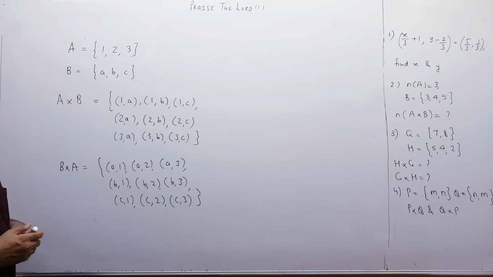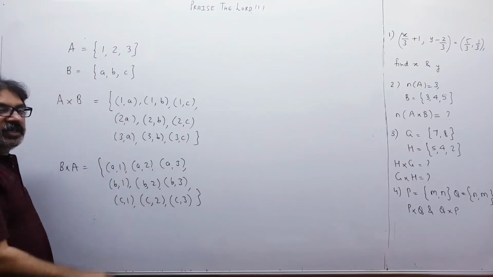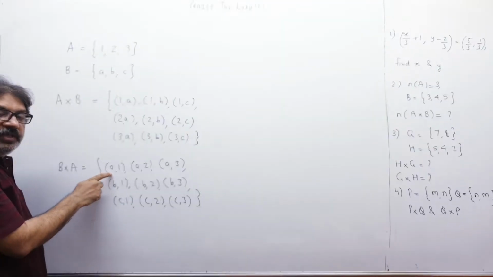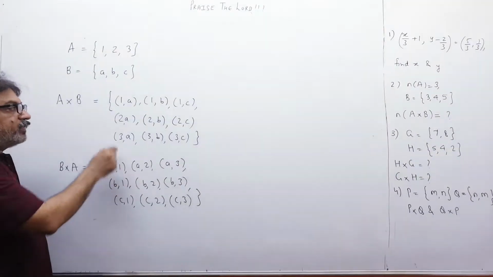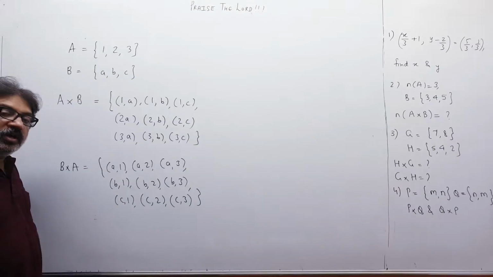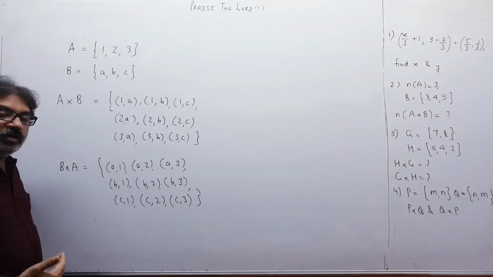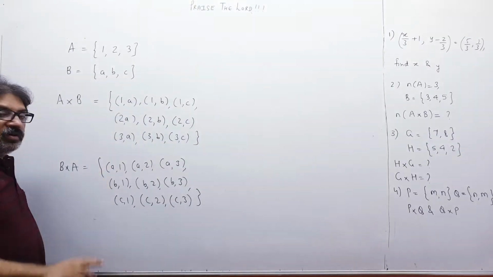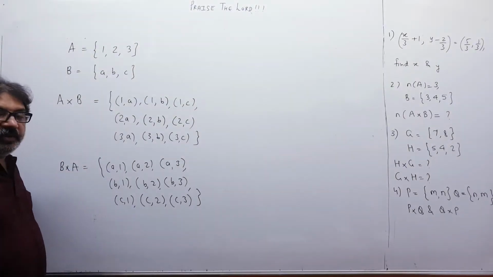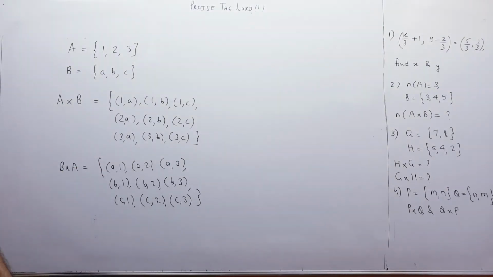Children, you know that in an ordered pair (1, a) and (a, 1) are not the same. In an ordered pair, order is important. In this element, 1 is at the first place, a is at the second place. In this ordered pair, a is at the first place, 1 is at the second place. The order of a and 1 is different in both these ordered pairs, so these ordered pairs are different. If they were unordered pairs, meaning order is not important, then (1, a) and (a, 1) would have been equal. But right now we are talking of ordered pairs. So (1, a) and (a, 1) are not the same, therefore A cross B will not be B cross A, please understand always. So A cross B and B cross A are different. Why? Because you saw the example.